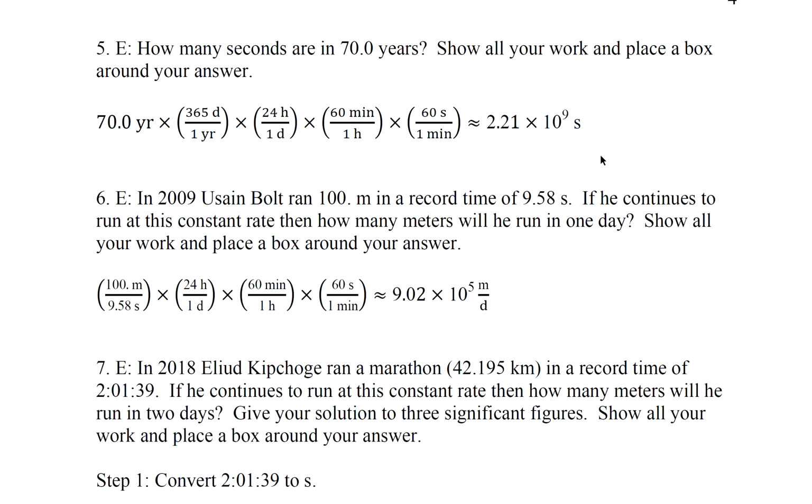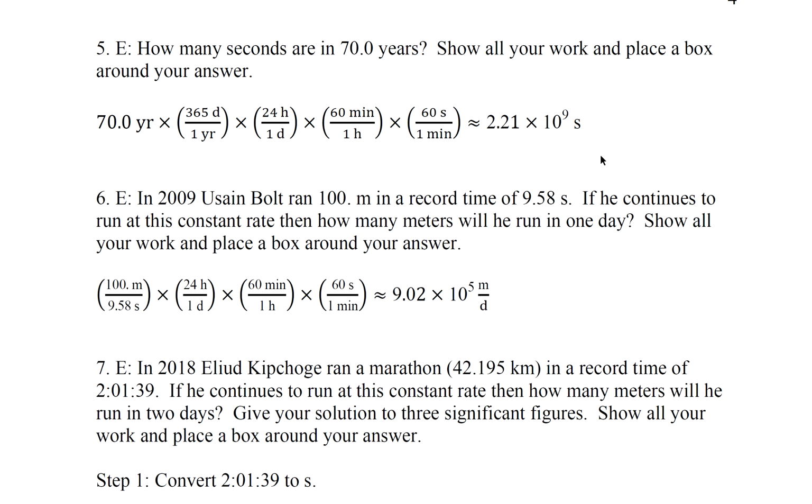Question 5, how many seconds are in 70 years? So we're going to go from years on the left to seconds on the right. So 70 years, and I have 4 sets of parentheses. You could see each set of parentheses is equal to the number 1. There's 365 days in a year, 24 hours in a day, 60 minutes in 1 hour, 60 seconds in 1